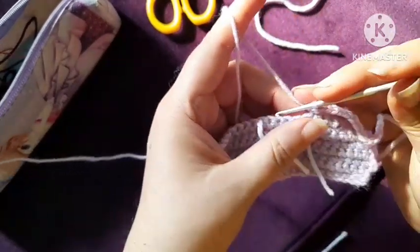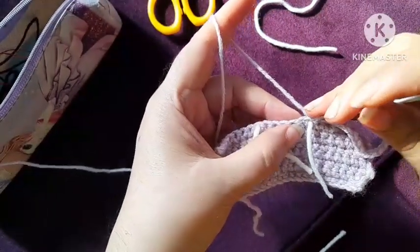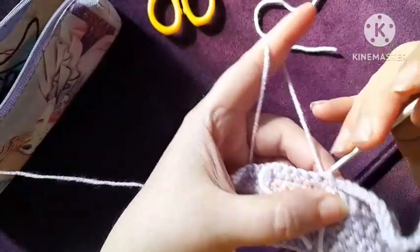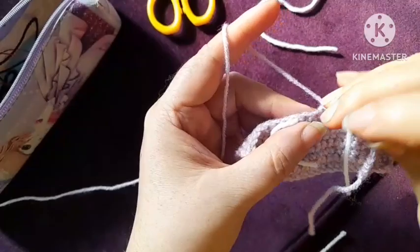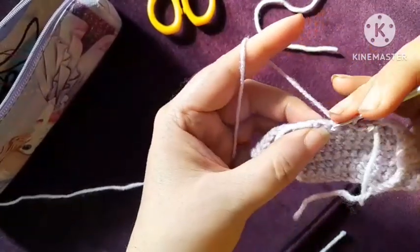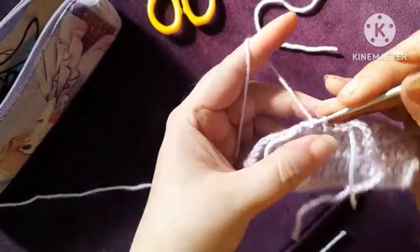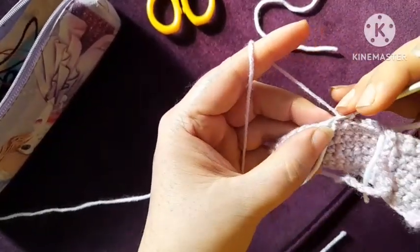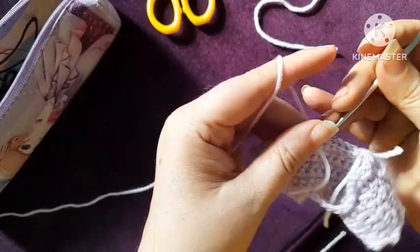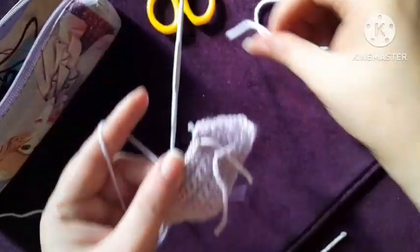Now I will make, in the first stitch, this is my slip stitch. Now make slip stitch in every stitch till to the other stitch marker. This one is my last. Now I will remove the stitch marker